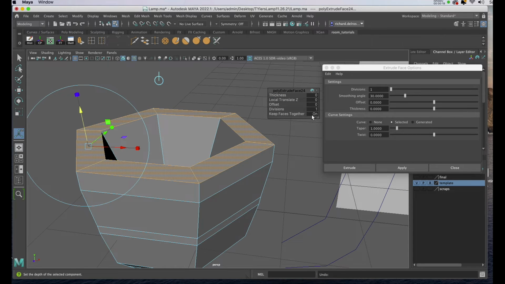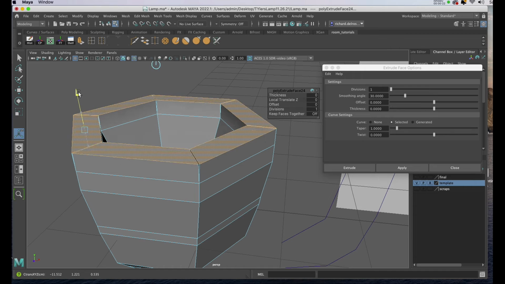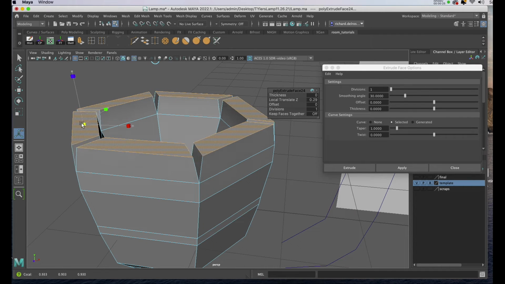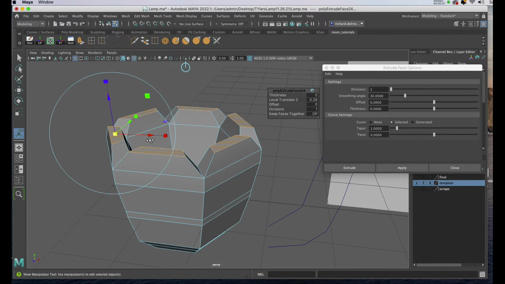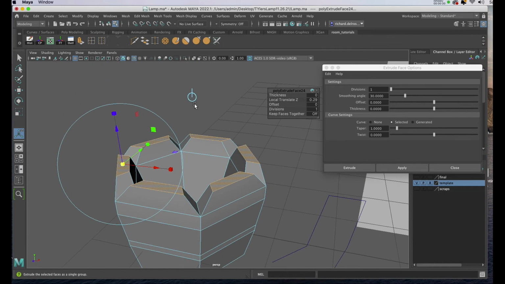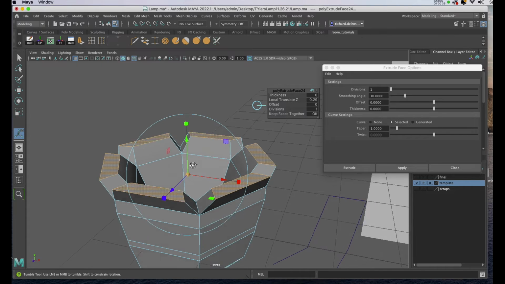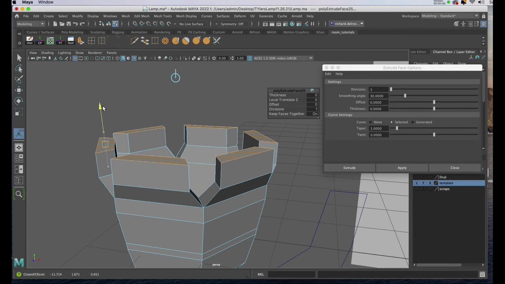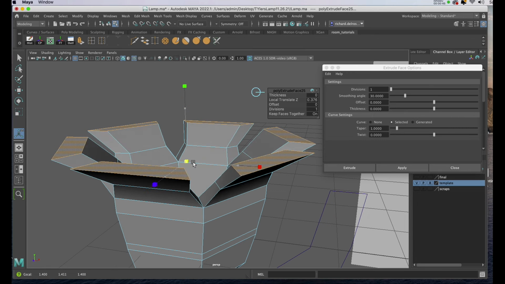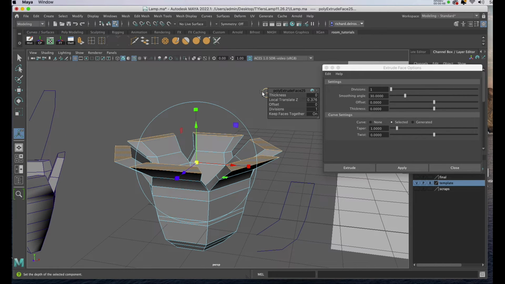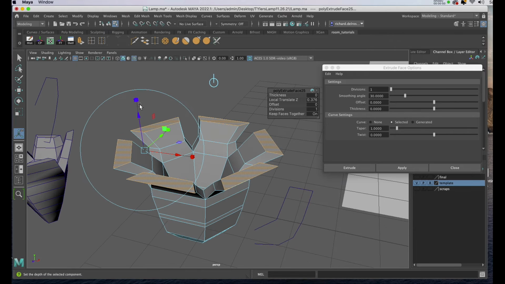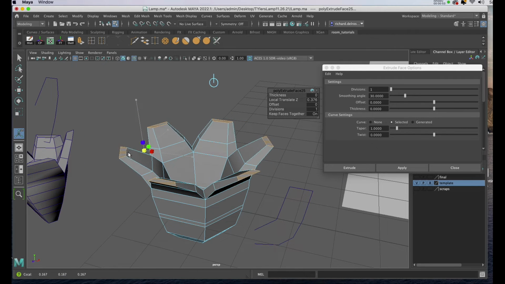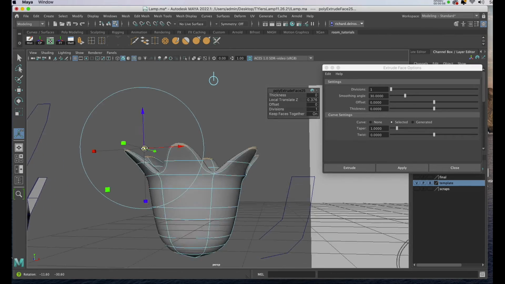I'll set the keep faces together off, I'll pull it up, and I'll start to scale them to separate them out a bit. I'll click on the blue dial, and I'll scale them to flare them out. I'll hit G on the keyboard, pull out the next set. I'll center it with the blue dial, and I'll flare them out some more. And then I'll return to the first setting, and then I'll taper it. So by going back and forth, I can pretty much put together what I need